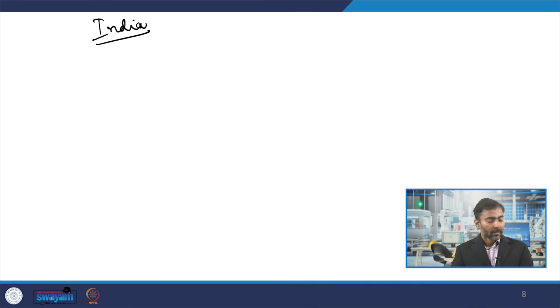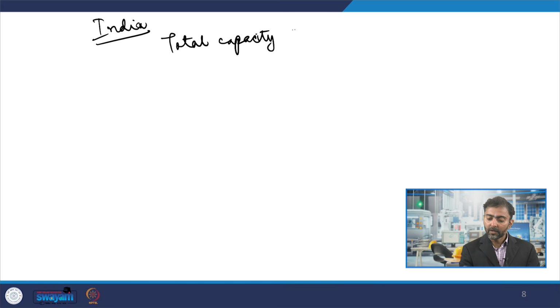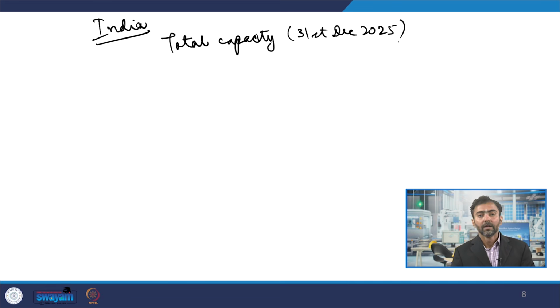how solar PV has grown in India. So the total capacity of solar PV in India as of 31st December 2025, the latest data by the Ministry of New and Renewable Energy, the total installed capacity in India for solar PV is around 135 gigawatt, which is